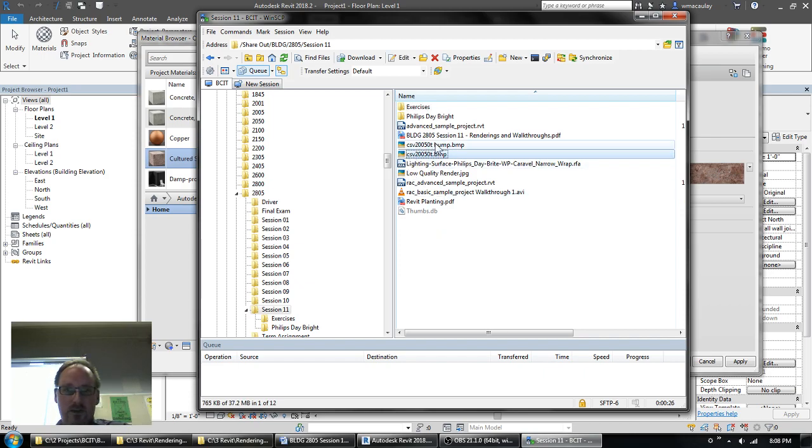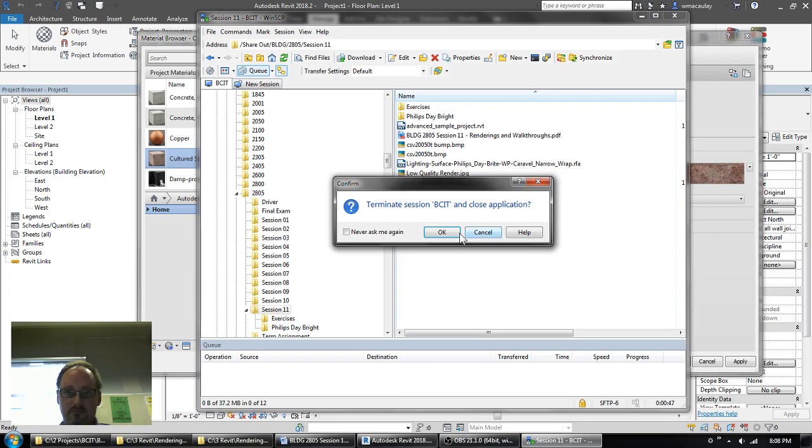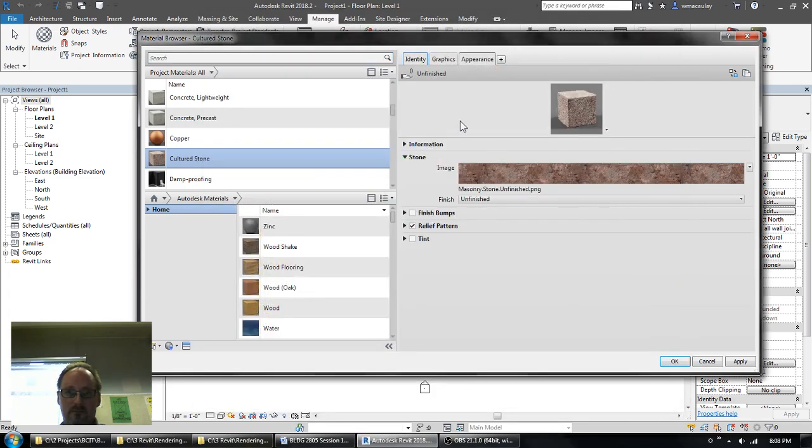And these are the ones here, CSV 250T and CSV 250T bump. So these 2 files are needed now, so put them onto your desktop. So just copy them from the share out drive and then put them on your desktop. So what we're going to do now is we're going to modify the digital picture that's currently being used